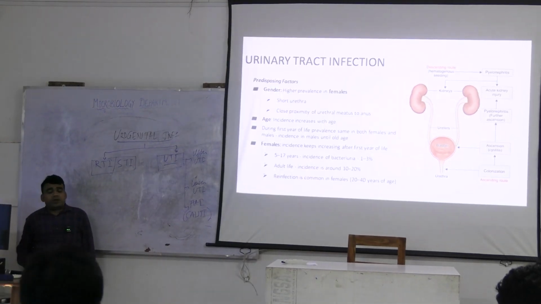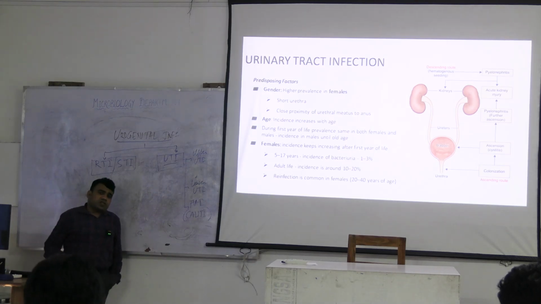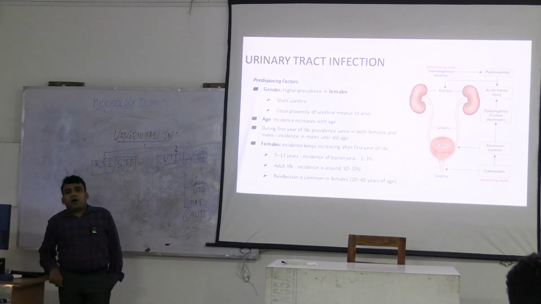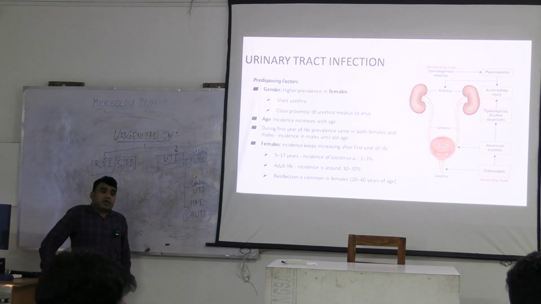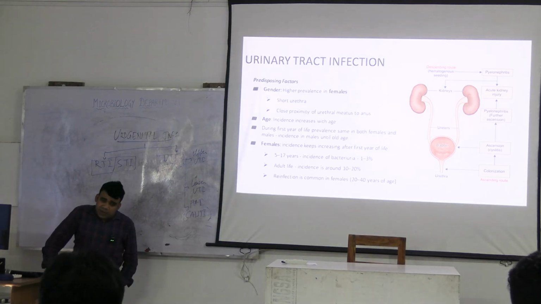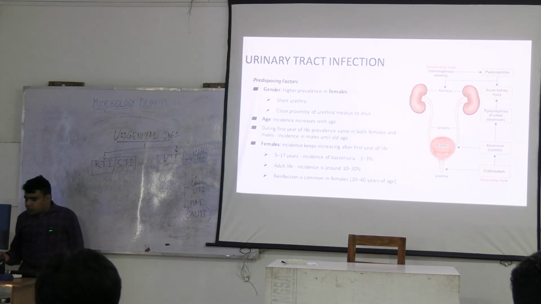And now it is very important that you understand that urinary tract infection, especially lower urinary tract infection in males, obviously demands thorough investigation, because unless there is some kind of anatomical or physiological compromise, the chances of infection in the male urinary tract are much lesser. This is completely in contrast to female urinary tract infections, which are more commonly seen because of the shortened urethra, and